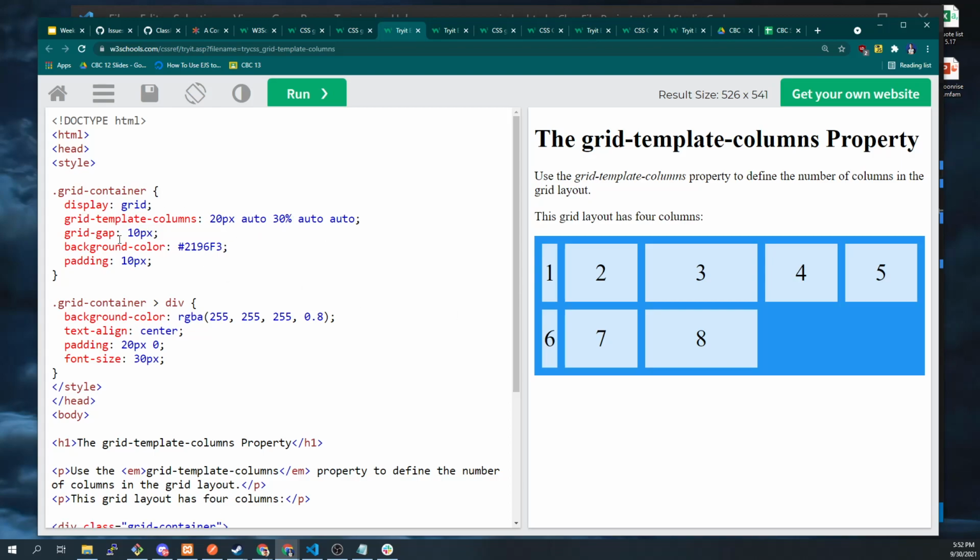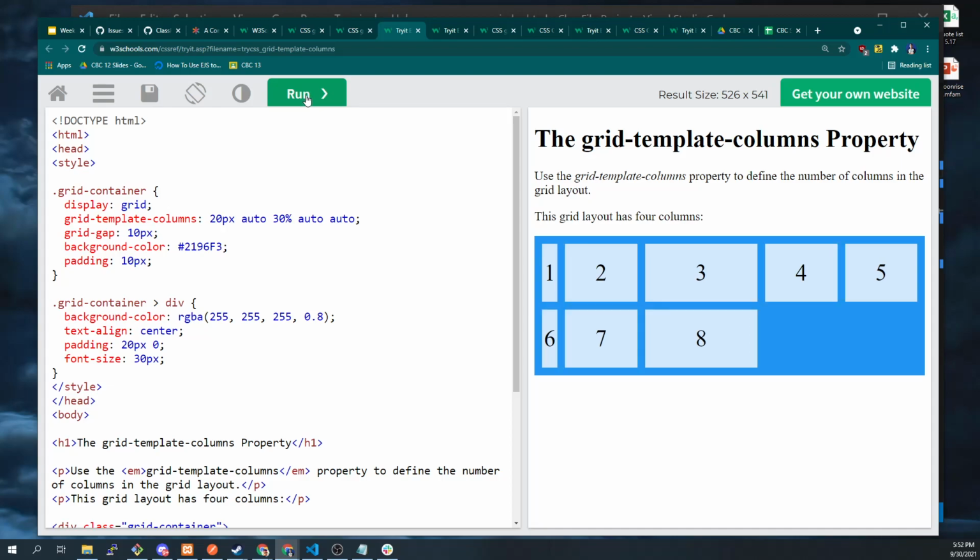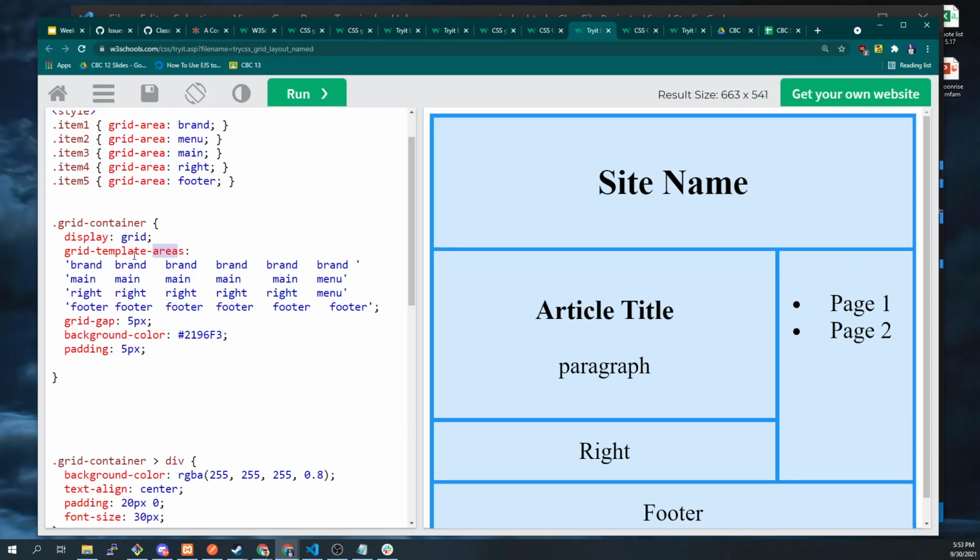That's grid template columns. We still have grid gap in there. That's what's providing the spacing between the boxes, but that's primarily just to show off how these are being placed. Grid template columns with grid gap is a good way to keep things separate or give them a little bit of margin automatically. But if you did not want to use grid template areas, which was the one that we looked at, where we're defining these are my structures,